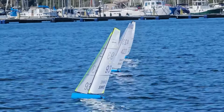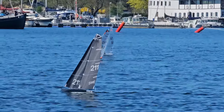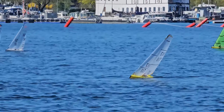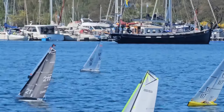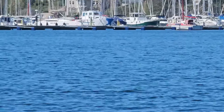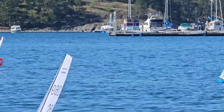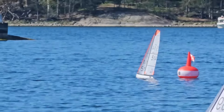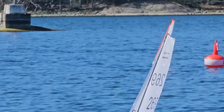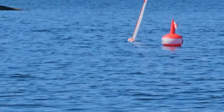And that is to do with his planning and understanding the conditions in the heats and the way they developed, particularly in these lighter breezes. There was obviously, in the lighter breezes, an advantage coming in to the wall where there was more pressure and a little bit of a variation on the breeze, which was favouring the left-hand side of the course. Going up to the second top rounding,